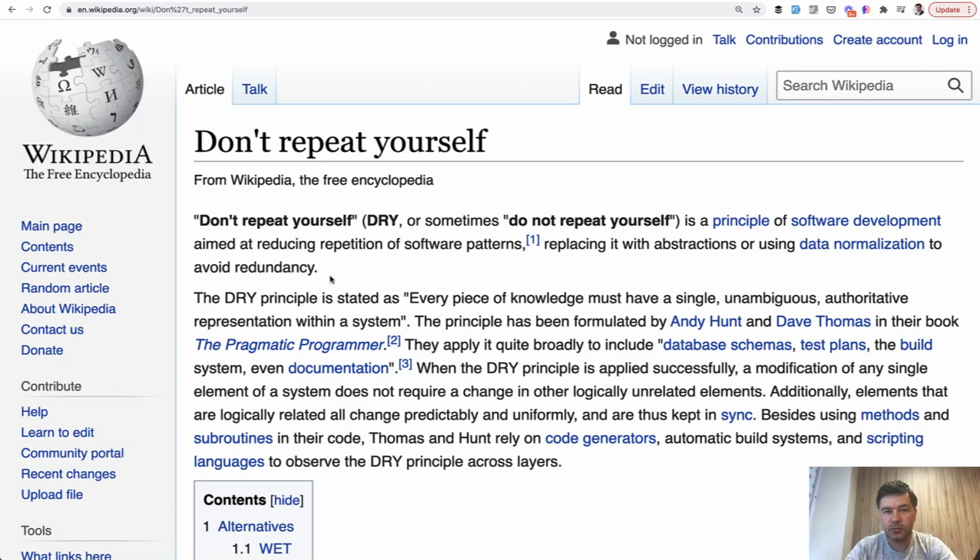In addition to SOLID principles, there are quite a few more software development principles, not from Laravel or PHP at all, but from general software development. And one of the most popular ones is don't repeat yourself, or DRY for short. And Wikipedia gives a very fancy definition of that, but the essence of that is actually in those 3 words: